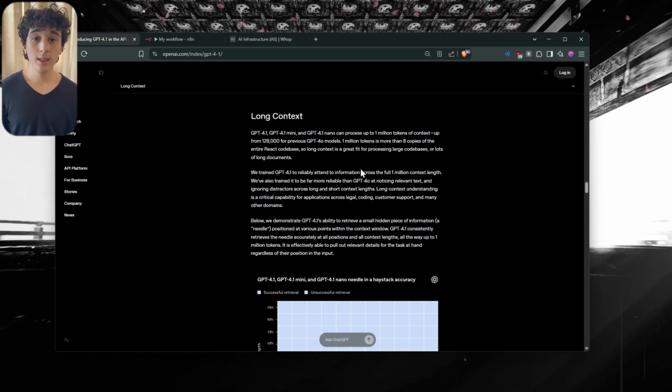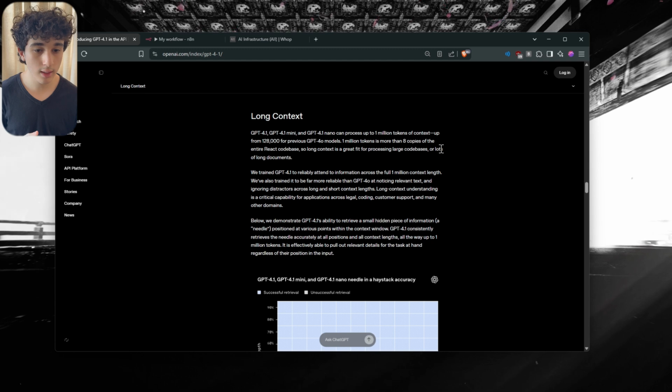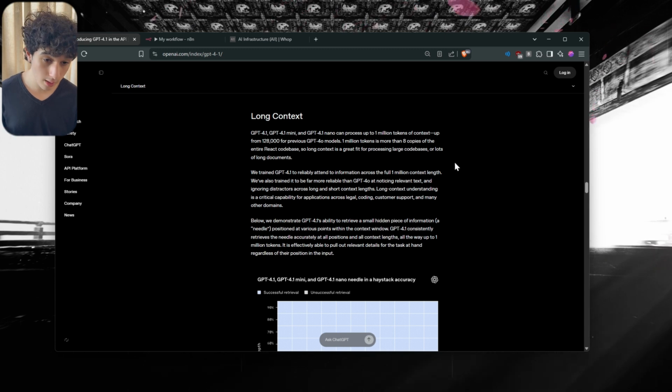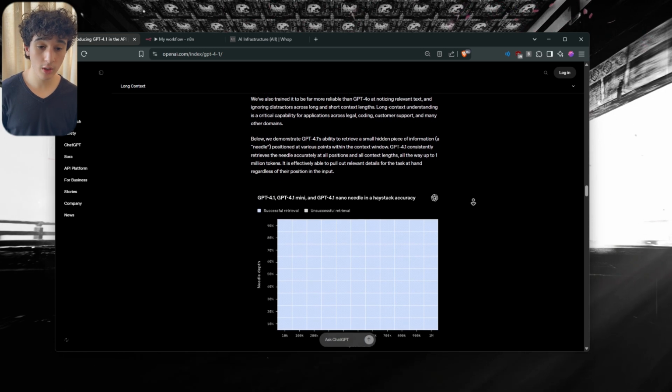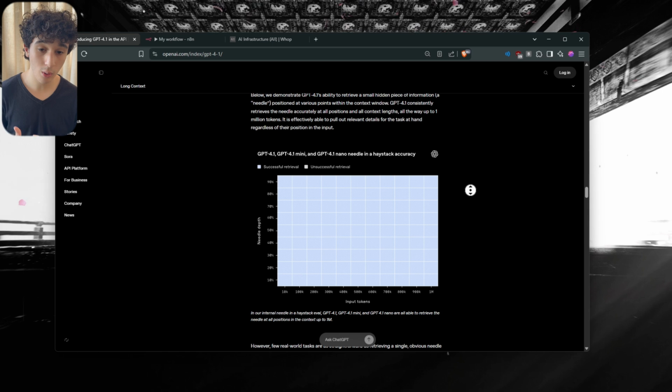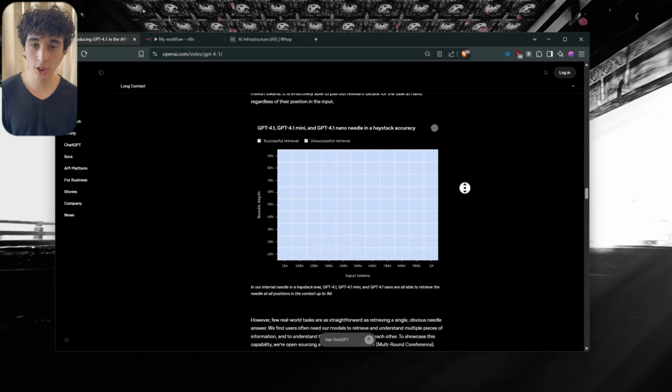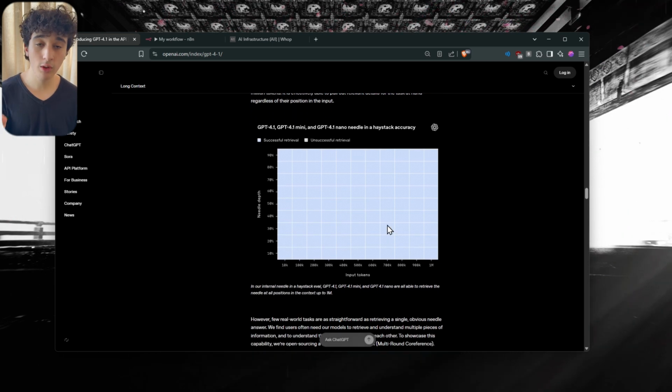Now, this means that you are able to provide the LLM with so much more information, for example, long context, large code bases, and long documents, and it will be able to retrieve information from those documents much, much better. This is obviously very important because we expect our agents to extract accurate information, especially when we give it very